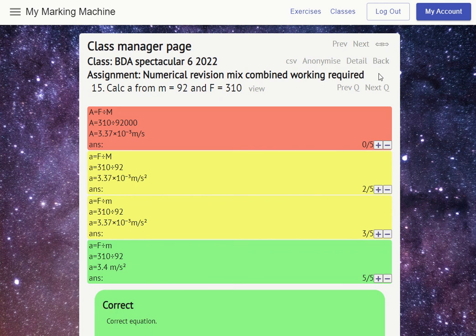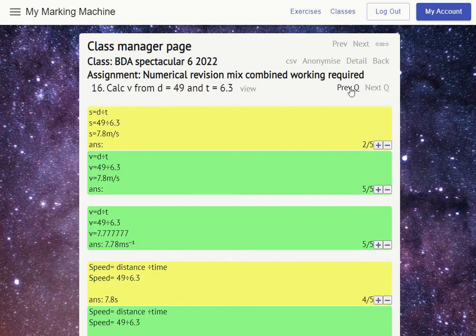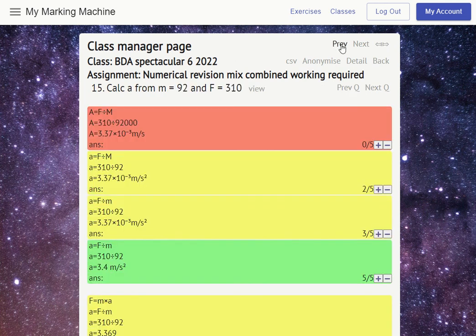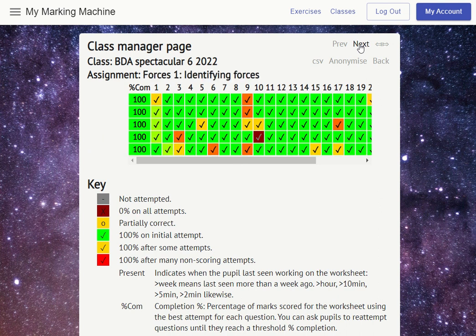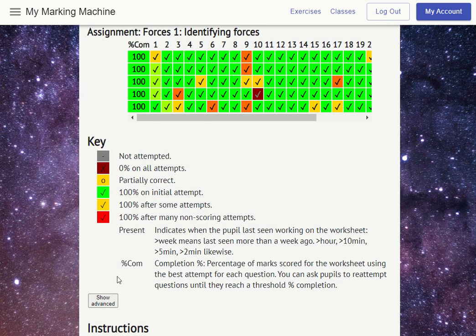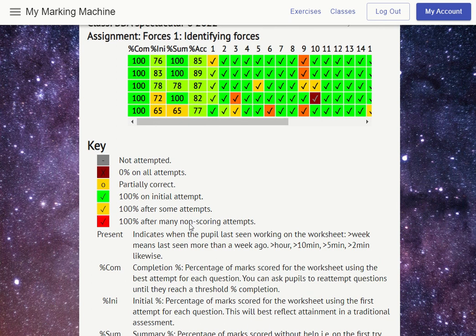You can easily flick between the questions, and you can flick between worksheets. So these are the different worksheets. You can see they mostly get 100% on everything. And you can also click on an individual pupil and view that worksheet for that pupil, but I'm not doing that in anonymized mode. You can get more information than the completion by clicking on Advanced,